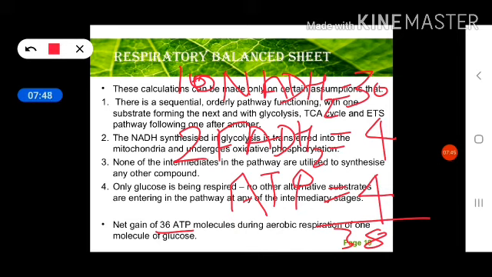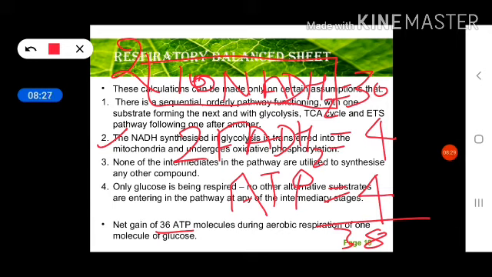Fermentation accounts for only a partial breakdown. In fermentation, partial breakdown is taking place, whereas in aerobic respiration, complete breakdown of the respiratory substrate is taking place. Okay, and after complete oxidation we get CO2 and water as the end products. Second point, in fermentation there is a net gain of only 2 molecules of ATP for each molecule of glucose degraded to pyruvic acid, whereas many molecules of ATP are generated under aerobic respiration.